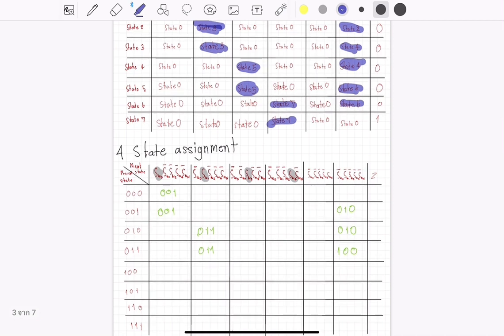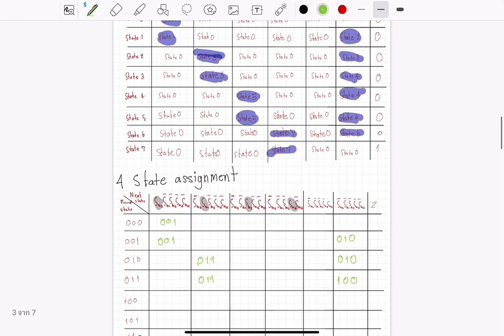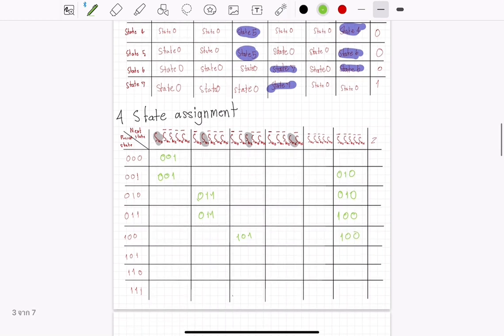Okay, that's right. That's 1 1 0 0 0 and push 5. Go to state 5 means 0 1 1 means 1 1 1 0 1 2 0 0 and state 1 0 1 means 1 1 0. That's mean go to 1 1 1 and this 1 1 1 means push go to